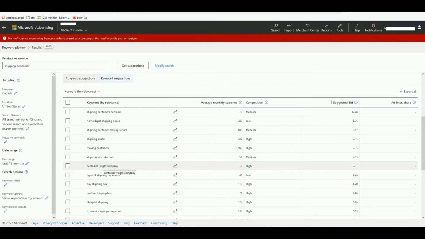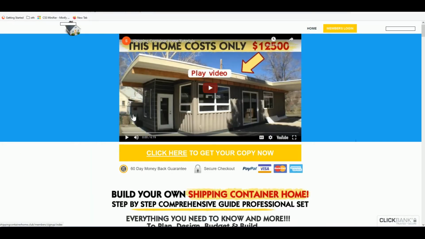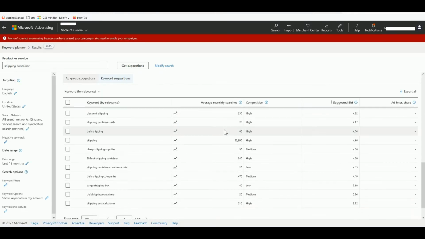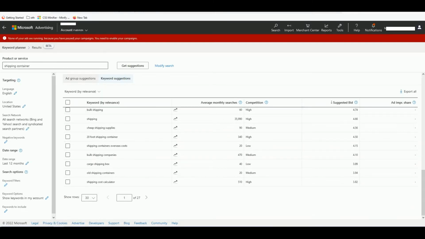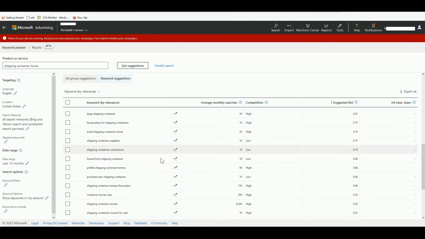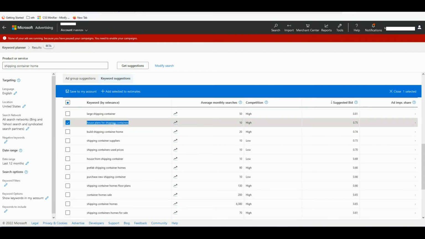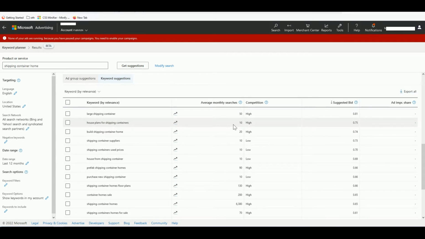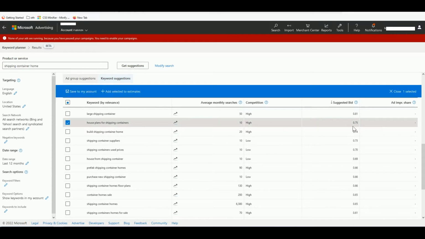We need to find keywords that are related to the product that we'll be promoting here. To make this faster, what we can do is type exactly what we need, shipping container home. Here, house plans for shipping containers is a really good selling keyword, but as you can see, the volume is not too high. What we've been looking for is at least less than 20 cents per click, and